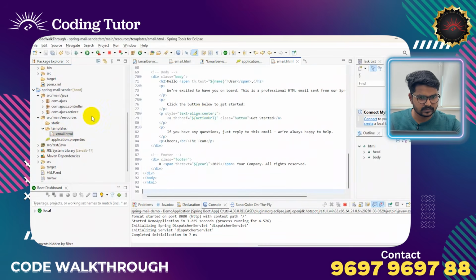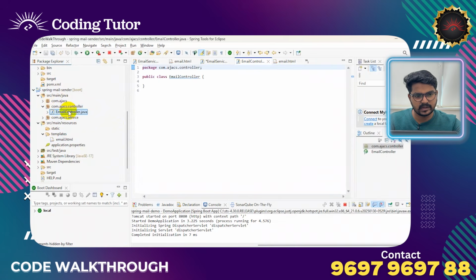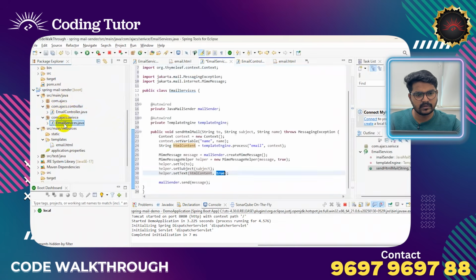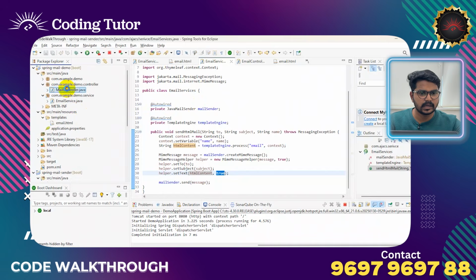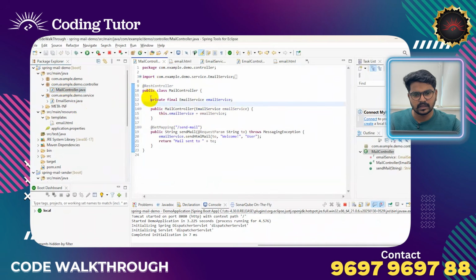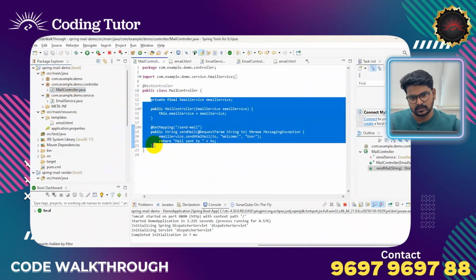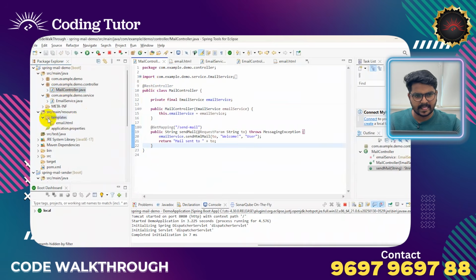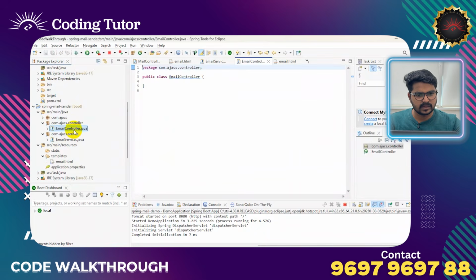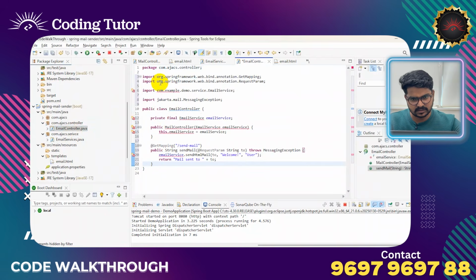Control S. After that, we have to create the controller layer, right? See, we have already created the service layer. After that, go to the controller layer, where I already created the controller layer. I'll just take this, Control C, and paste it in my email controller, just paste it,